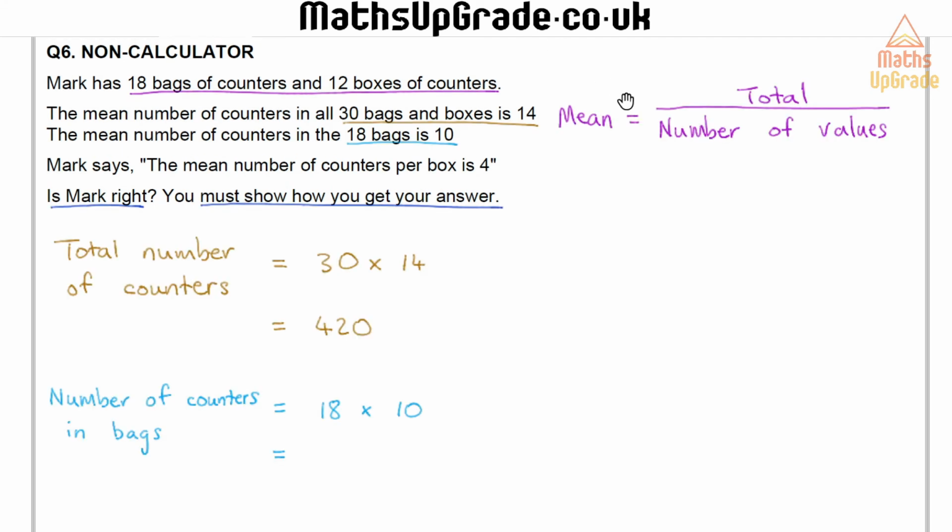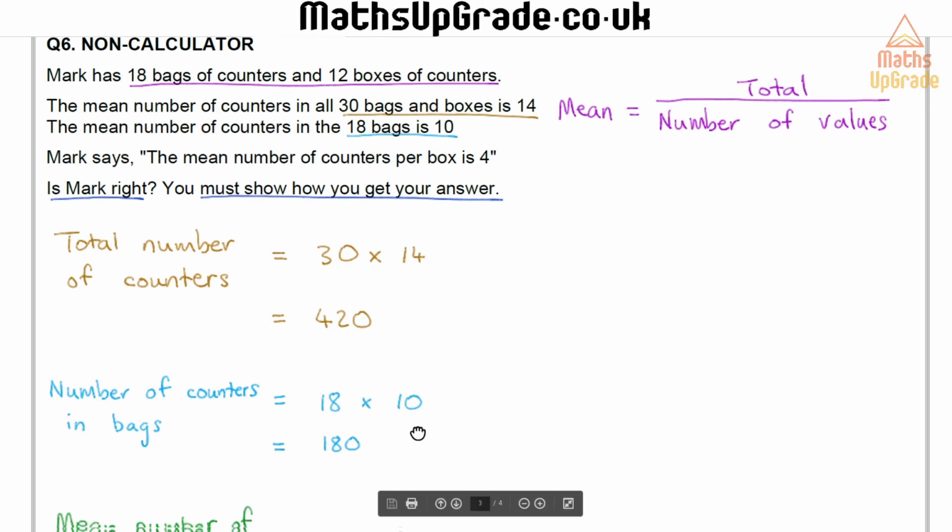So like with previous questions, we're going to use this formula here. I'm going to rearrange it to get the total. The total must be equal to the mean times the number of values. So we can use that to find the total number of counters. Since there's 30 bags and boxes and the mean is 14, if you multiply those together, you get 420. You can use the column method for that. Now just thinking about the bags, there's 18 bags and there's 10 as a mean, so 18 times 10 gives